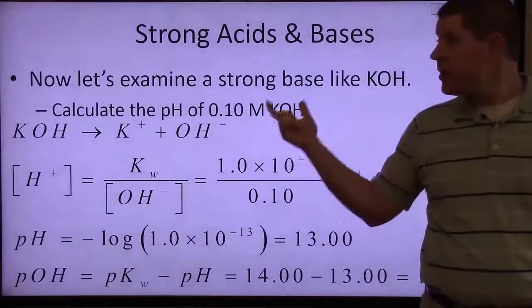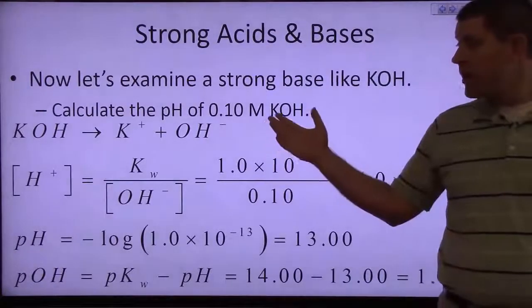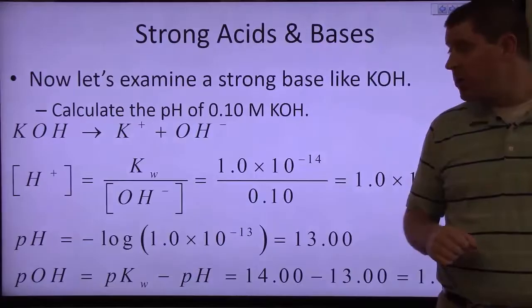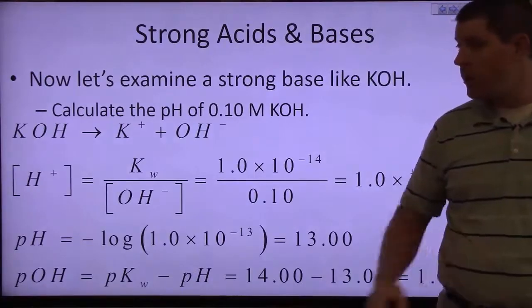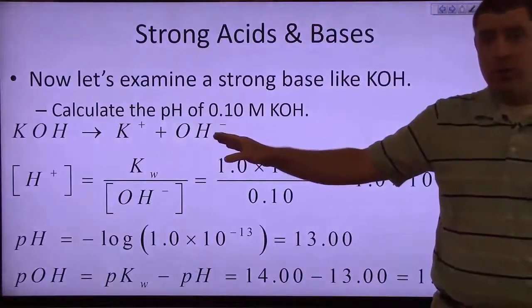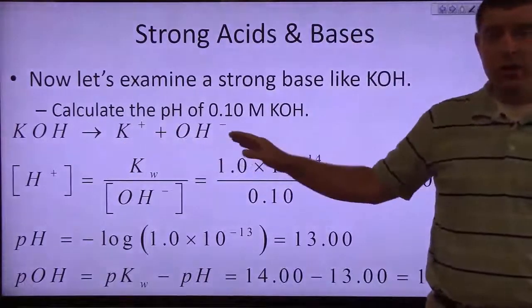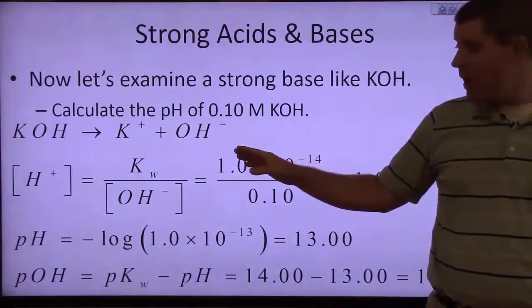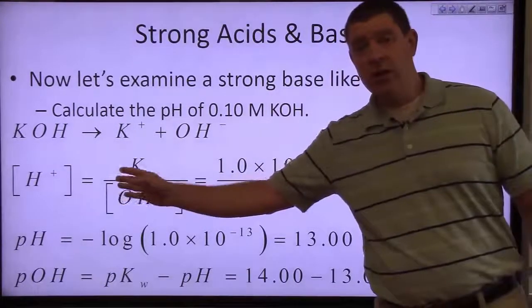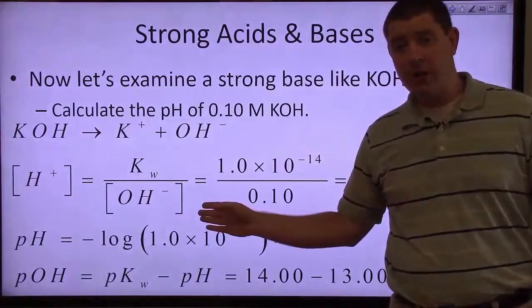So now let's examine a strong base like potassium hydroxide. Suppose we want to calculate the pH of 0.10 molar potassium hydroxide. So we've got our dissociation of potassium hydroxide, and that's going to be virtually complete. So all of the potassium hydroxide we put in will dissociate into potassium and hydroxide ions, and that means that for us to determine the hydrogen ion concentration, that's going to be equal to Kw divided by the hydroxide ion